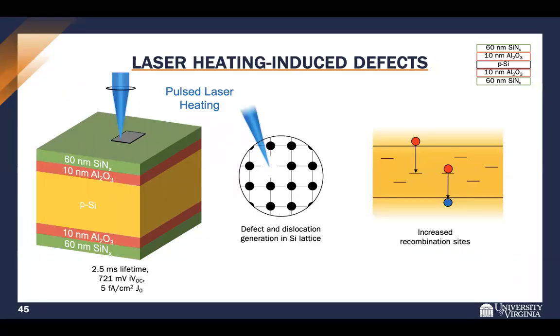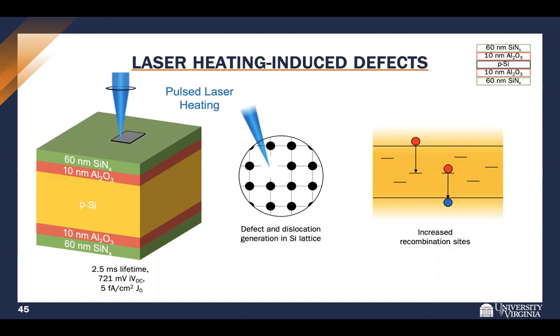So what am I talking about here? If you have a well-passivated silicon sample, one of the best ways to do this is with aluminum oxide and silicon nitride. Doing this, I obtained a lifetime of 2.5 milliseconds, which is very high, and a 721